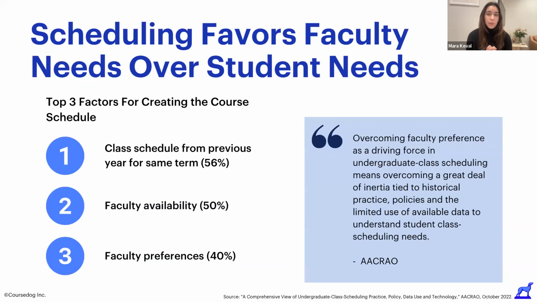So we know that scheduling errors impact students, but there are also other factors at play when creating the course schedule. In the same ACRO survey that Bridget mentioned a few slides ago, we asked institutions about the top factors they considered when creating the course schedule. You'll see that the schedule from the previous term, faculty availability, and faculty preferences were the top 3 factors. Specifically not in the top 3 is student need or other student-related metrics, such as projected new student enrollment, number of students waitlisted for a course, student ability to attend class when it is offered, and others. So what happens, though, when faculty preferences are put first and student needs aren't closely examined?